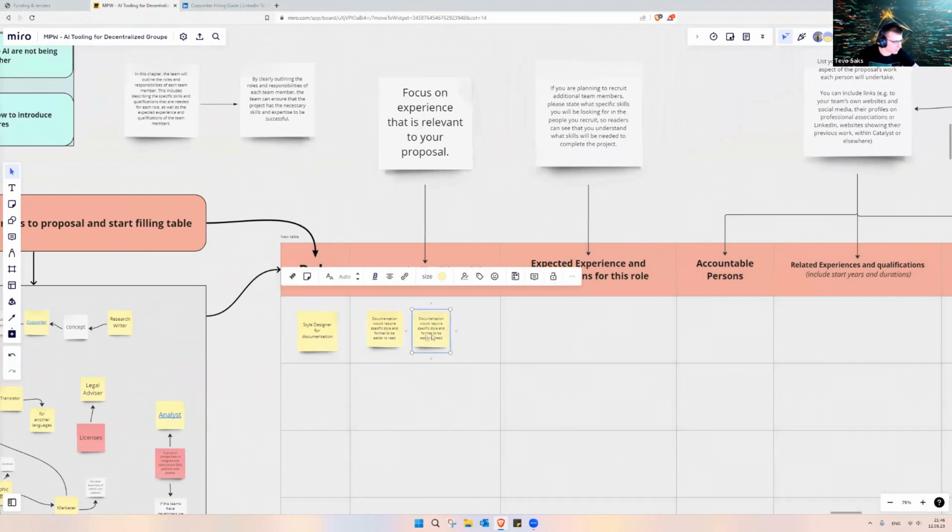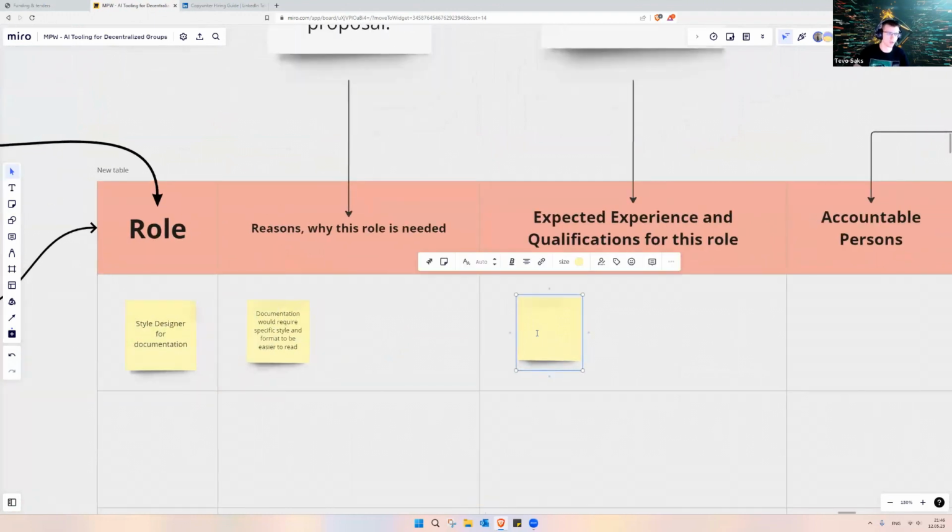So when we want to recruit a style designer for our documentation, how do we know that he's qualified? What kind of experience would we want from him? The person should have some documents which can be showcased. Would it be enough? Yeah, I guess usually documentation is co-created. So existing documentation he has been part of.